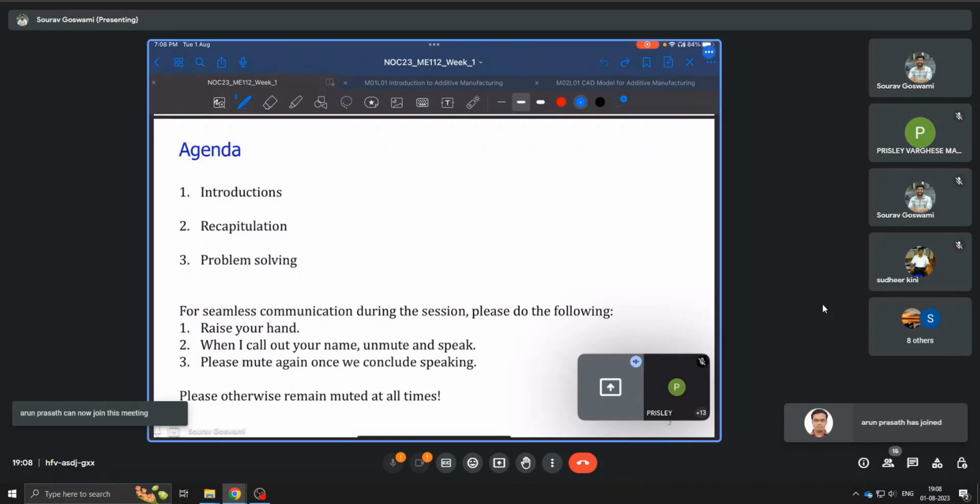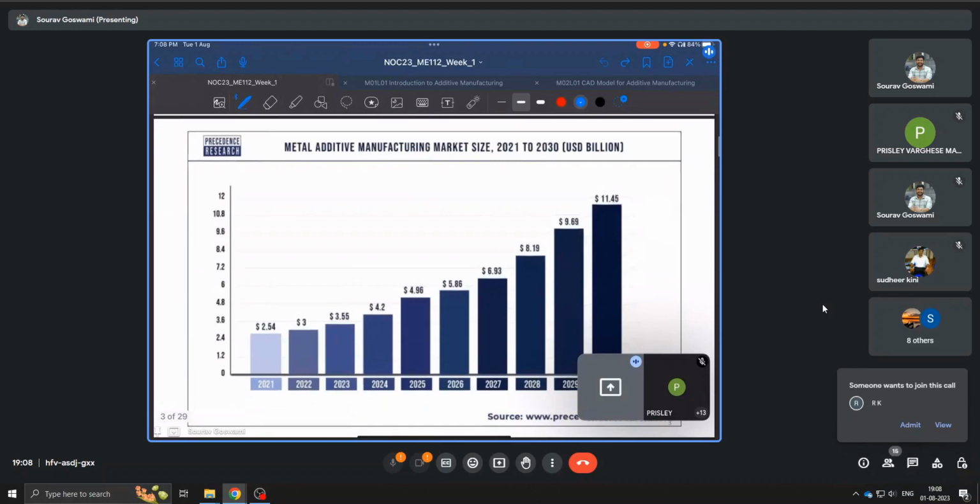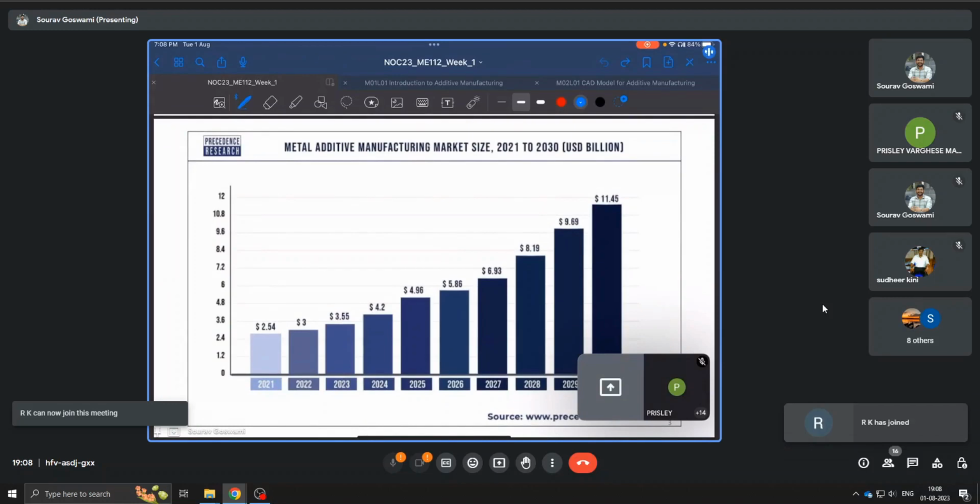So we'll get started. First, I would like to give a bird's eye view of additive manufacturing in India and why we should actually care about it, apart from research, of course. Research gives us a very concentrated view. We are often limited and we often miss the big picture. So on your screen, you will find the metal additive manufacturing market size as it was in 2021 and as it is projected to grow. As you can see, it goes from 2.5 to 11.45, so it grows 4 times. And we might just be able to contribute to this growth,